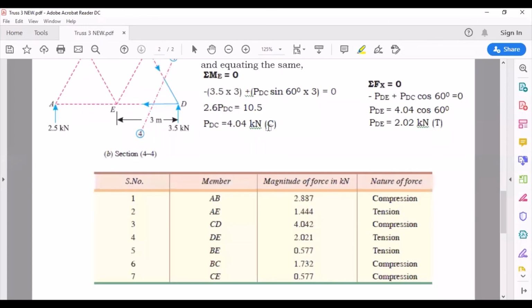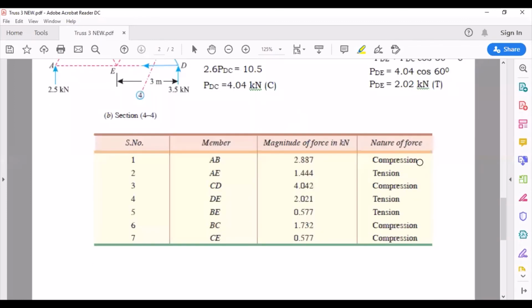So once you calculate all the member forces, you're going to put them in the form of a table like this, wherein you're going to explain the member, its magnitude, and what nature of force it has. So this completes the